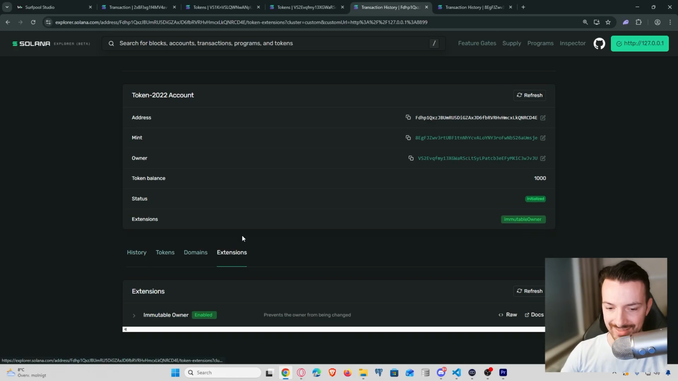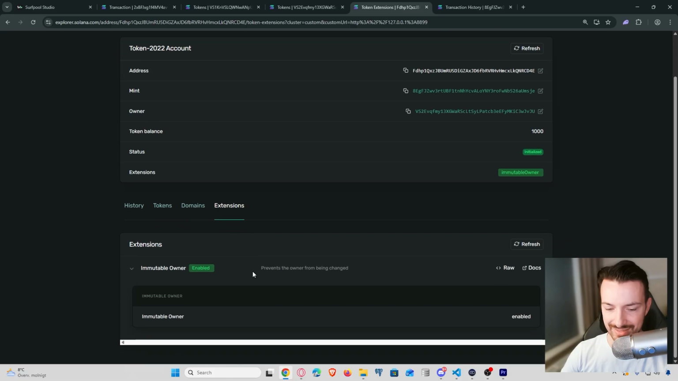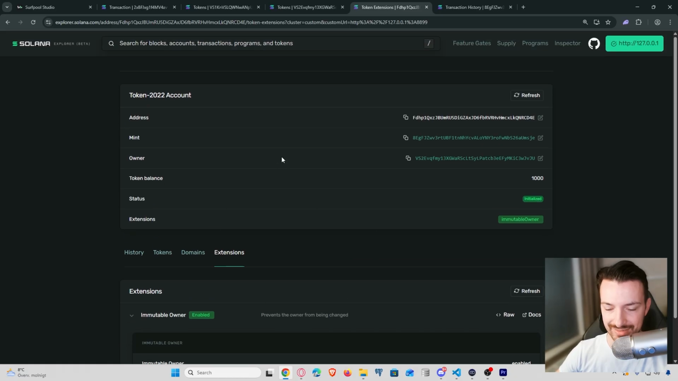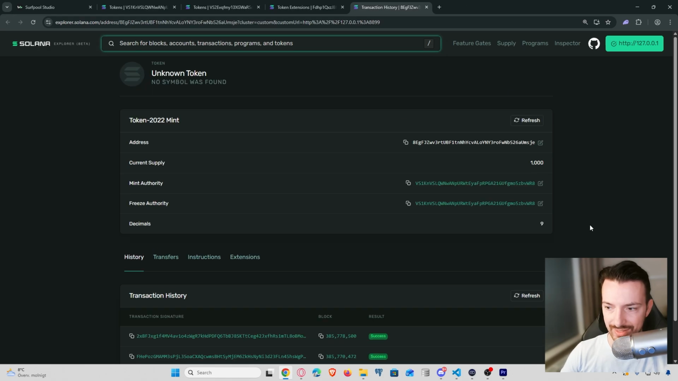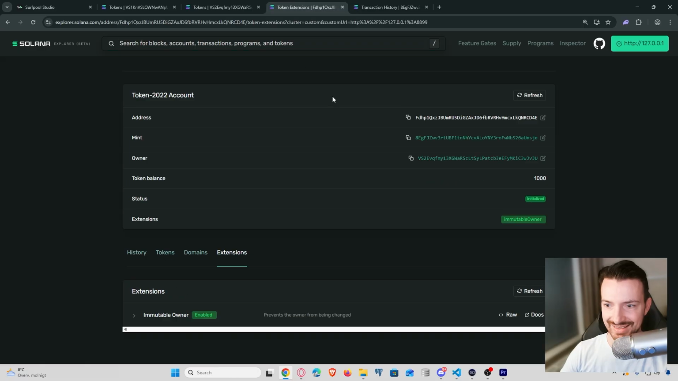And if we look at extensions, also here we can expand this. You can see that it says here prevents the owner from being changed, and that is because we created that associated token account and we sent here these minted tokens, and then it inherits this immutable owner extension that comes with the Token-2022 account. Alright, so now we know that we have a supply of 1,000 tokens, and these 1,000